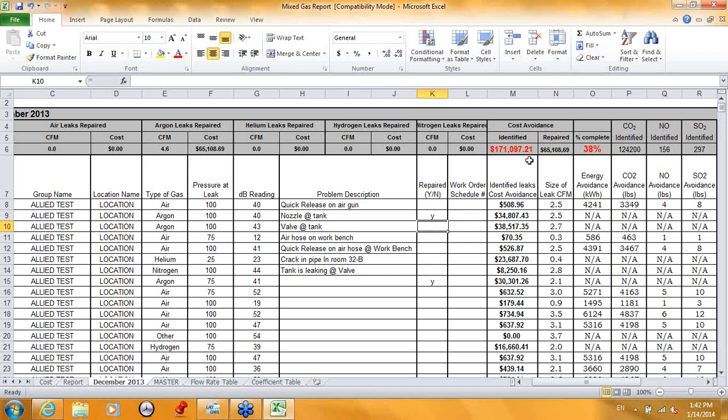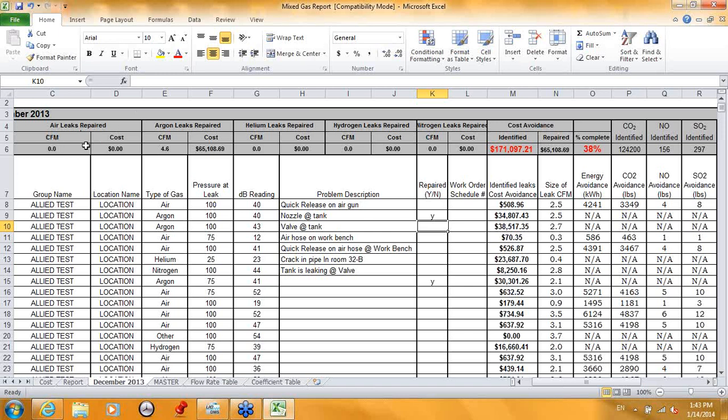And this is the grand total of the survey that we found for this one particular survey. It's costing us about $171,000 per year. Just out of those 2 leaks that Joe has just fixed, it accounts for about 30% of the grand total. So it'll keep a running total of all the stuff that we have repaired, and over here, it'll break it down even further concerning individual